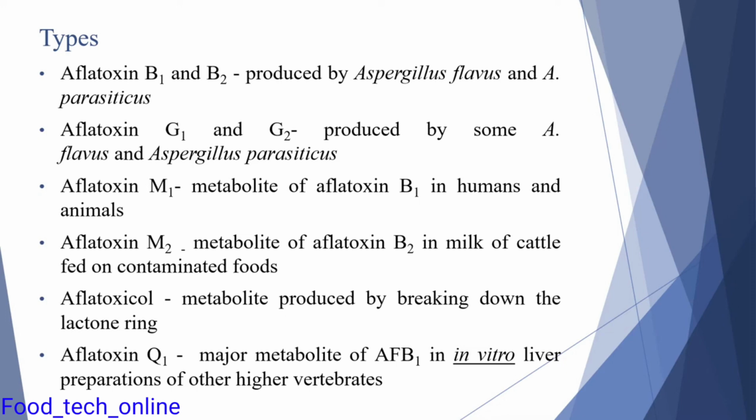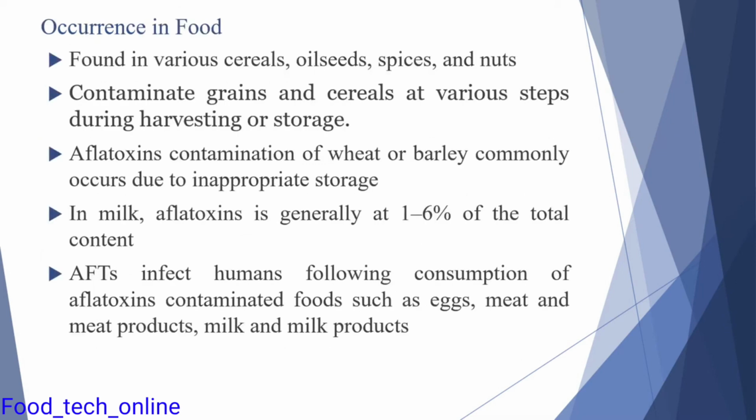After that, the next type is the aflatoxicol. It is also a metabolite which is produced by a breaking down of the lactone ring of the aflatoxin. And the next one is the aflatoxin Q1, which is a major metabolite of the aflatoxin B1 in in vitro liver preparation of higher vertebrates. Coming to the occurrence of this aflatoxin in food items, you know that Aspergillus is one of the